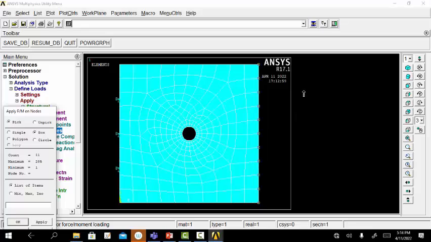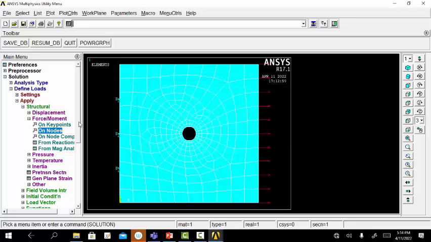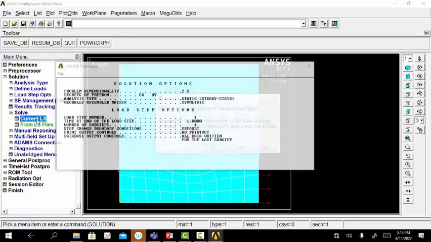In the problem it is mentioned that the right portion has been subjected to 1000 Newton. So here there are 11 nodal points, so the 1000 Newton force can be distributed to all these 11 nodal points. Each nodal point will experience 1000 divided by 11, that is 90.91 Newton load in the x direction. Now we have defined the entire problem, so we can solve now using current load setup